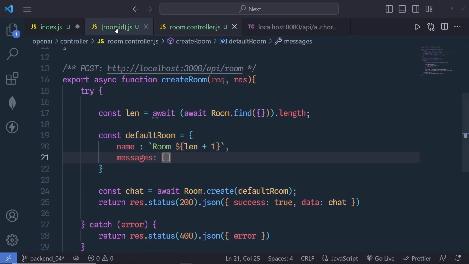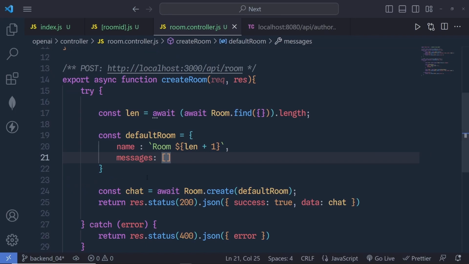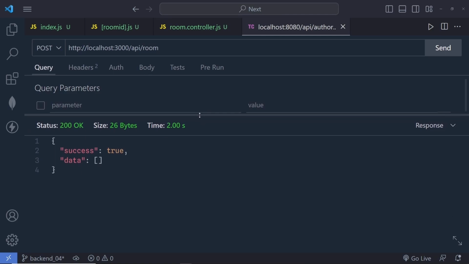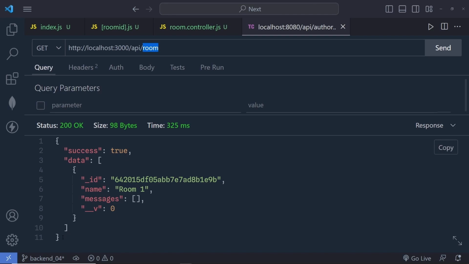Let me show you. Save this file as well, back to the room endpoint, and now make a post request. Now because we already have a data inside this controller, we don't need to pass any data with this post request. Instead, we just need to make a request. If I click on the send button, you can see now I'm going to get the response back from the MongoDB database. Here we have a message success true, and then we have the ID of this room. So now if you make a get request to the same endpoint to this room, we're going to have this data. You can see. Now this data is now successfully stored inside a